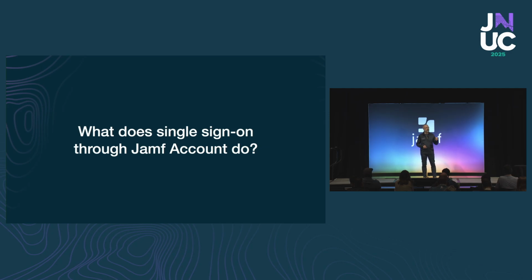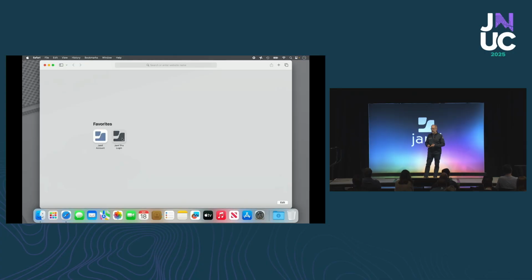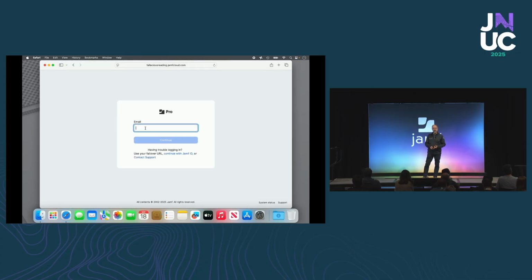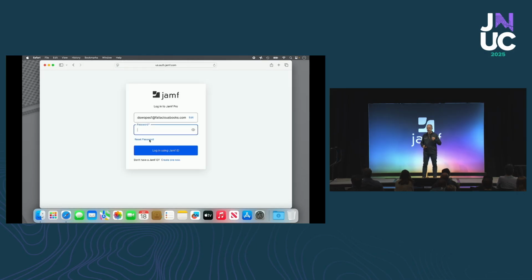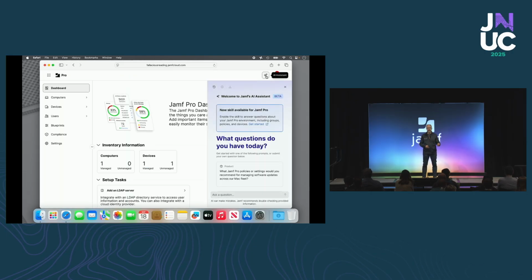So first, let's talk about what this feature does. This is my Jamf Pro instance in Jamf Cloud, and when configured for single sign-on through Jamf Account, I can sign into my instance with the same username I'd use for Jamf Account. And as part of that sign-in, I have access to features provided by services Jamf has only made available in Jamf Cloud, like the AI Assistant, Jamf's AI chat service that supports administrators with their device management and security, or